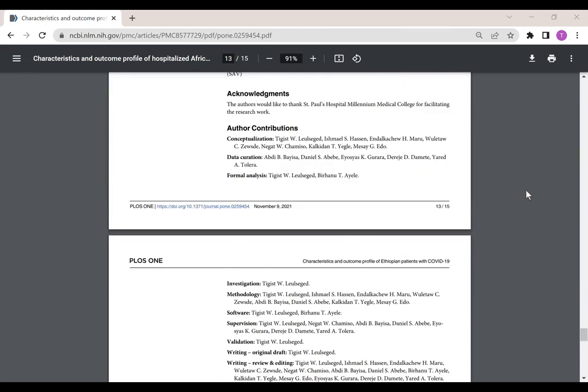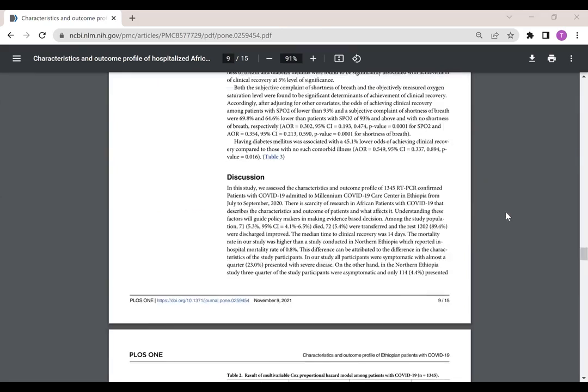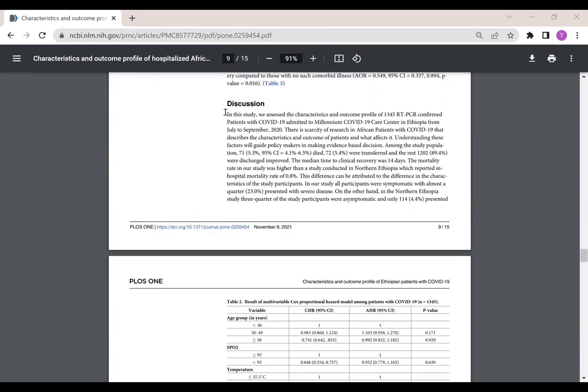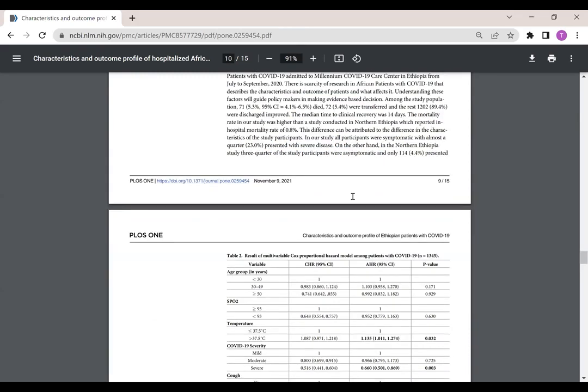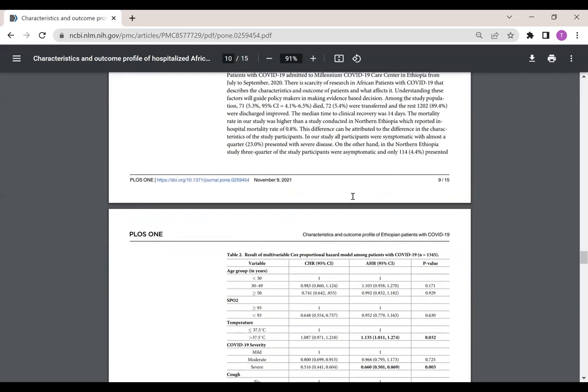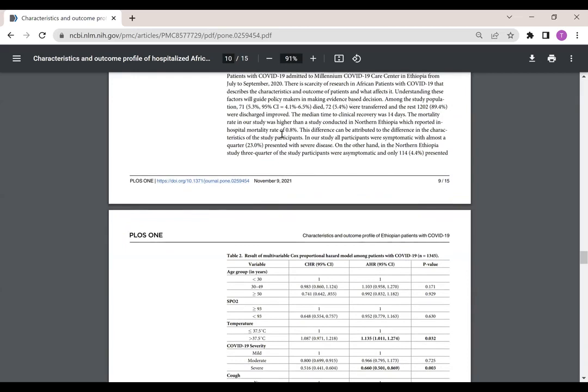So the discussion section starts by describing what we have done, how many patients we have included, and others. And we presented the death rate. Since people want to see how precise our result is, we put the confidence interval for the outcome. Otherwise, we don't put confidence intervals, adjusted p-values for other results. So when we discuss our results, I think you can read this paper. The link is on the slide as well.